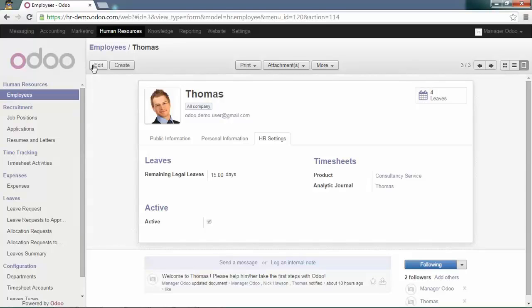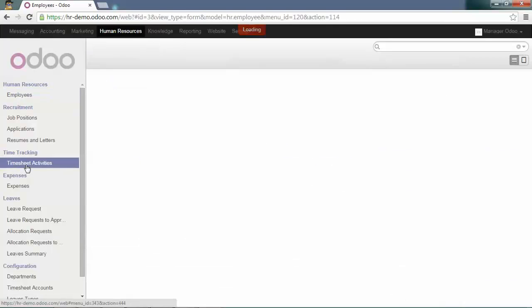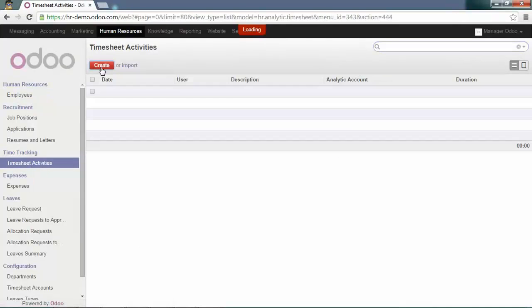Now you are ready to open your first timesheet. Go in Time Tracking, Timesheet Activity, and create one. Here you will be able to record your work in function of the project or the employee you are working for. So, for example, you say